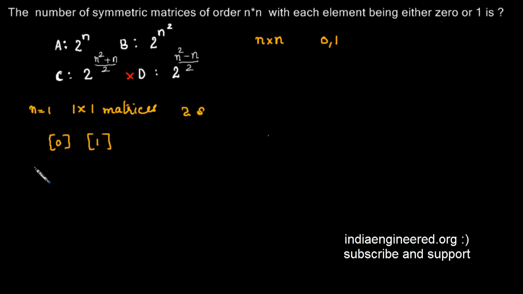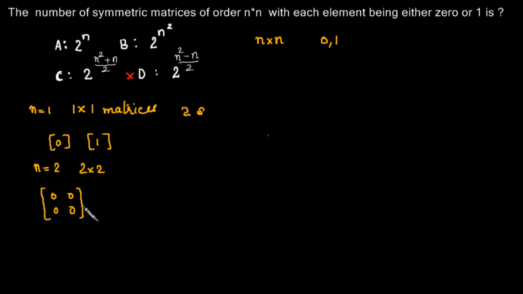Now let's consider the case when n equal to 2. So we are considering all 2 by 2 symmetric matrices that can be formed by 0 and 1. So we have all zeros. Then we can have 3 0 and a 1. Now let's write out all the possible options. Using 3 0, we can have one more symmetric matrix like this, and then using 2 zeros, we can have